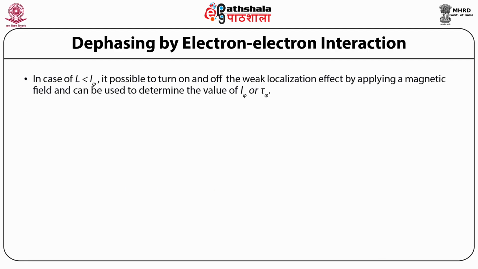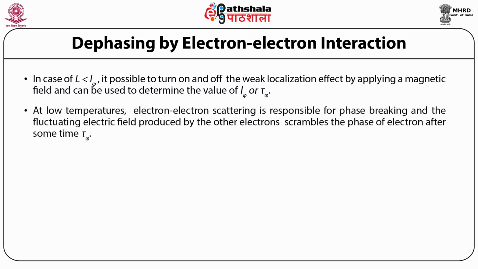In case of L less than l phi, it is possible to turn on and off the weak localization effect by applying a magnetic field, and this can be used to determine the value of L phi or tau phi. Now, at low temperatures,